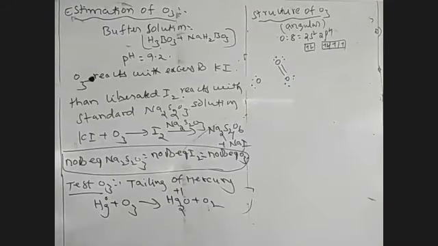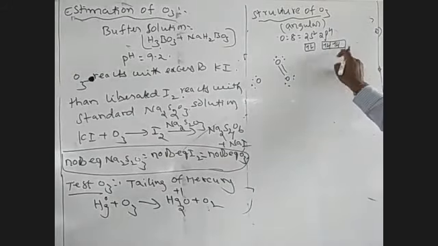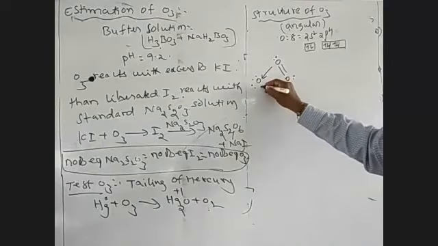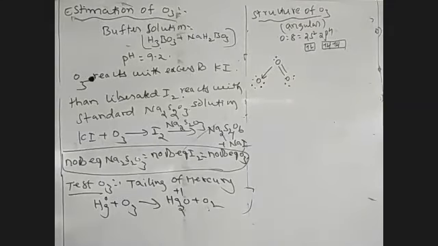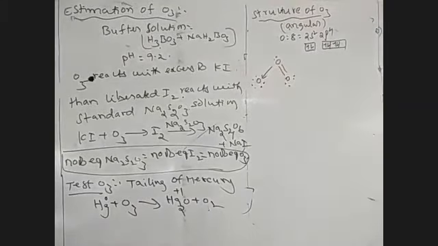So in that case, for the increase in stability and to obey the octet configuration, it participates in dative bond formation. For the formation of a dative bond, we have to create a vacant orbital. The vacant orbital can be created by rearrangement of electrons in the p subshell. Therefore, this oxygen can create a vacant orbital. One of the lone pairs of electrons is donated to this oxygen, which participates in dative bond formation. So this oxygen contains 3 lone pairs, 1 lone pair, and 2 lone pairs exist.